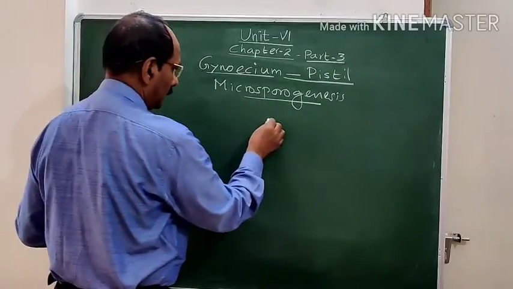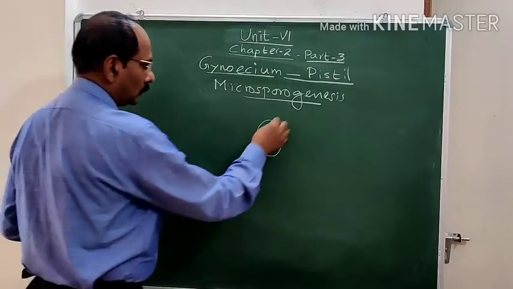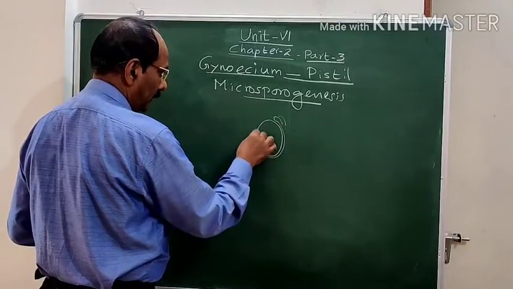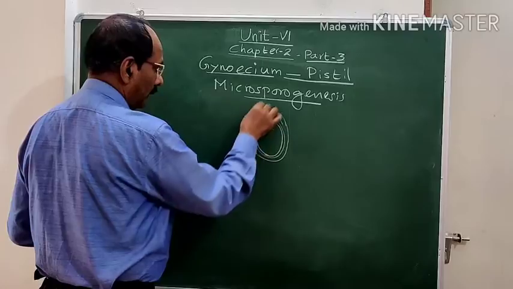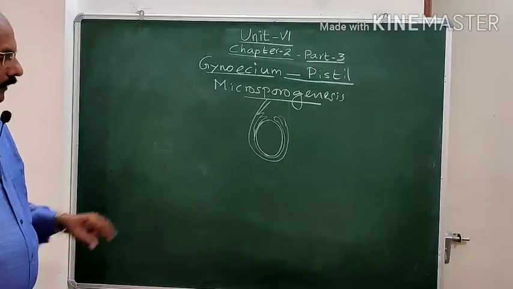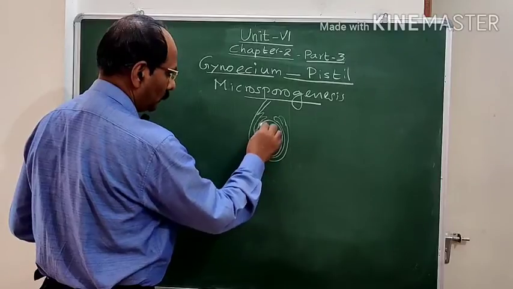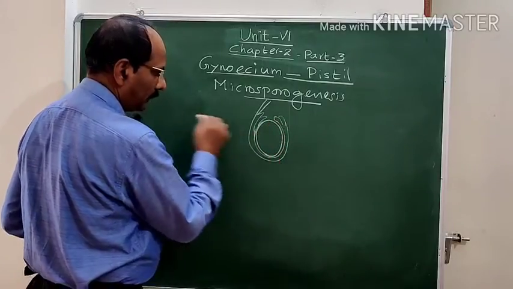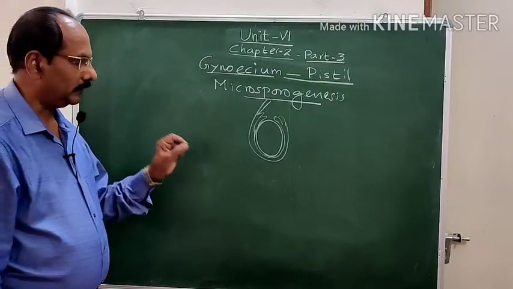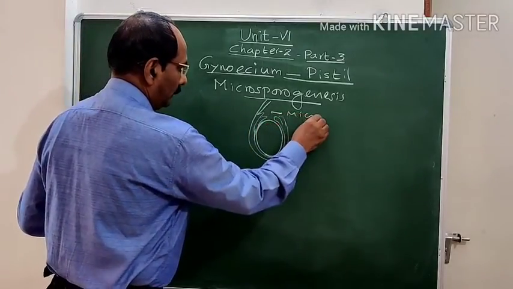So first we studied there is a diploid group of tissue that is known as the nucellus. Outside the nucellus you can see the two layers, the outer integument and the inner integument, already present there, and there is a funicle. So this is the anatropous ovule. So this is the nucellus. This whole mass of diploid parenchymatous tissue is known as the nucellus. In the nucellus, a particular cell is very near to the micropyle end. So this is the micropyle.